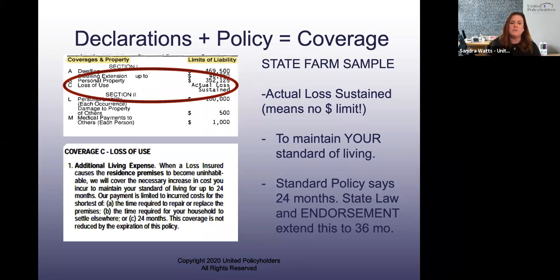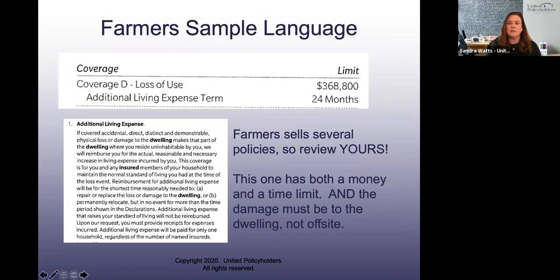Okay, we'll cover your necessary increase to maintain your standard of living for up to 24 months. The standard policy says 24 months. State law can extend this past 36 months. Okay, here is a sample of Farmers Insurance. This one has a money limit and a time limit. So the money limit, that's a nice high limit. The 24 months, again, if you're in California, the state law overrides this 24 months. And if you need it, there's some specific ways to get it, but if you need it, you can go